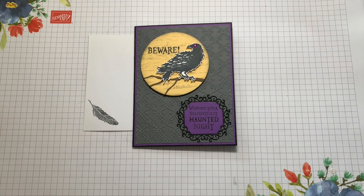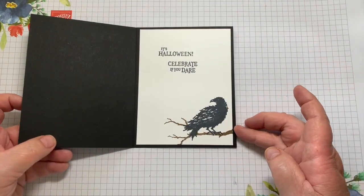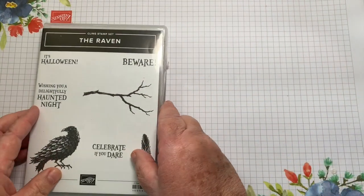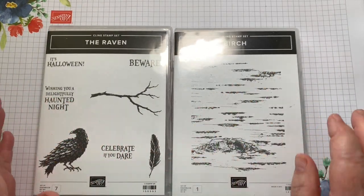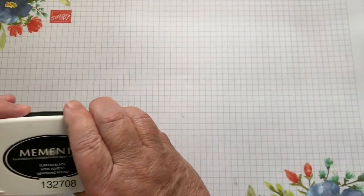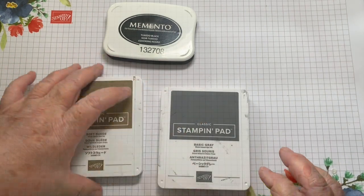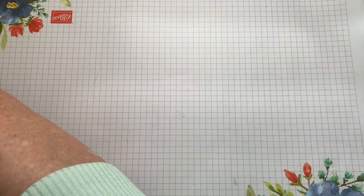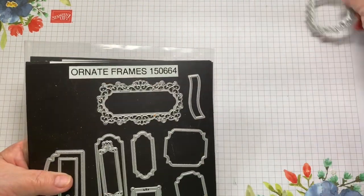Today we're going to make this Halloween card with the raven, and there's the inside. To make this card, you'll need the raven and birch just for the kind of clouds over the moon. For inks, you'll need Memento Tuxedo Black, Soft Suede, Basic Gray, and for die cuts, Ornate Frames, this one, and